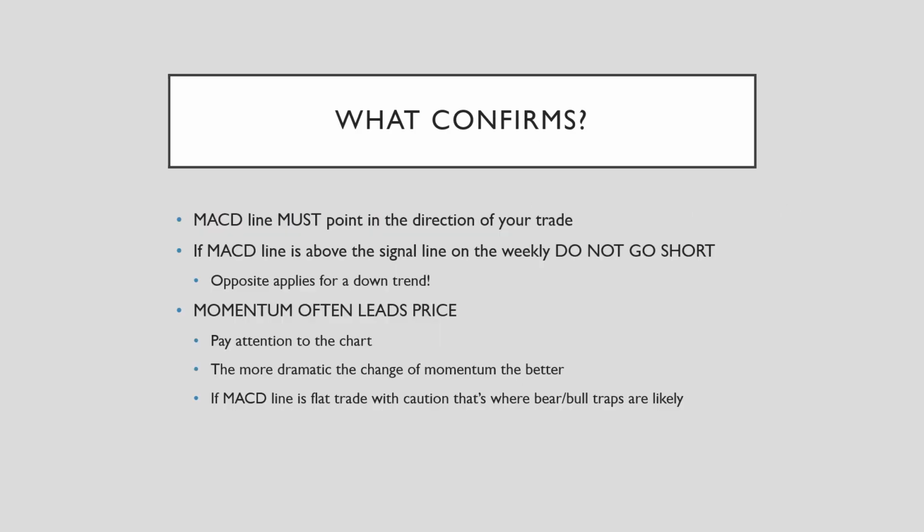Again, here it is. What confirms: the MACD line must point in the direction of your trade. If there's a bullish crossover on the weekly, do not go short. You're going to get burned. And when the MACD trades flat on your confirmation chart,